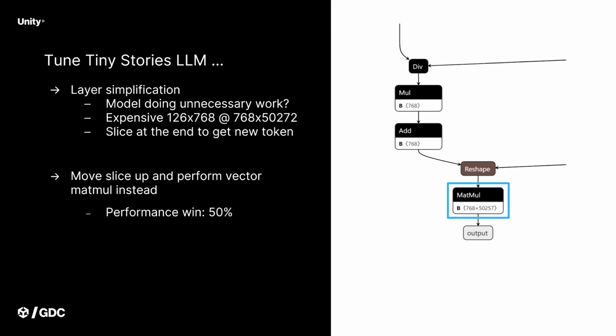So the next optimization step that we did requires you to understand how the outputs of your model are being used. In a lot of cases, you just execute the model. It's a black box. You don't think about it. You get the output, then you use it how you want. But in this case, it was really important for us to figure out how the output was used to optimize the model inference. So as you can see here, the last layer of the language model outputs a probability map